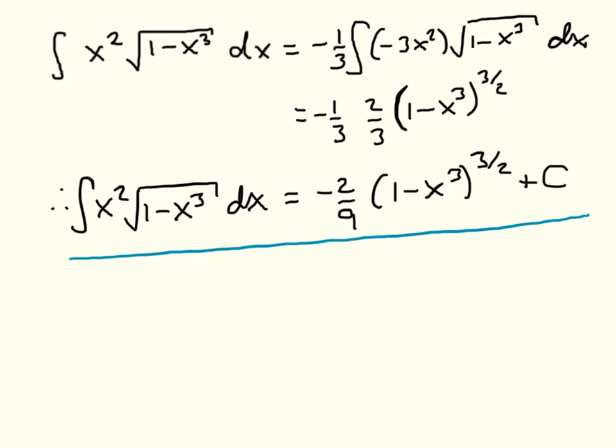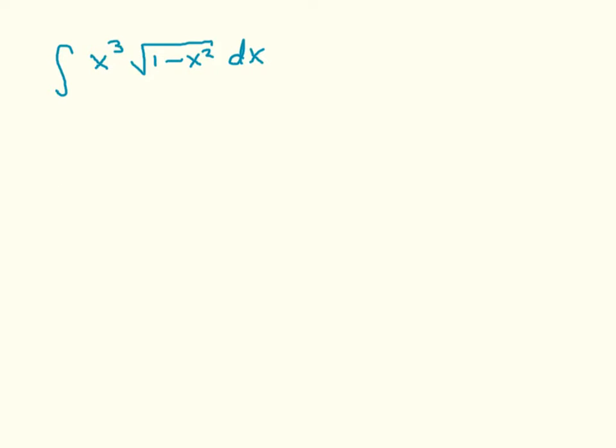But I think the easiest way to do things like this is just by inspection. So let's move on now to the next integral. This integral could be calculated in a couple of different ways. We see the square root of 1 minus x squared here, and we might think about trying a sine substitution, and that indeed works. However, I think it's somewhat simpler if we recognise that because of the x cubed factor